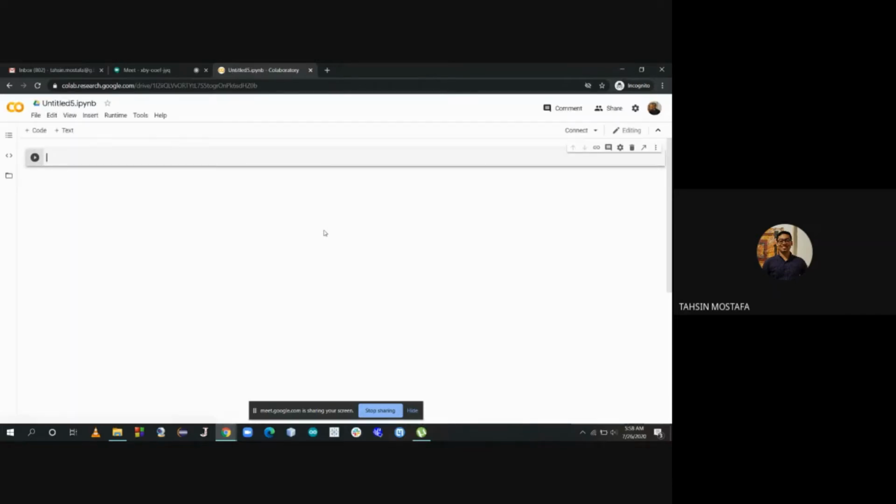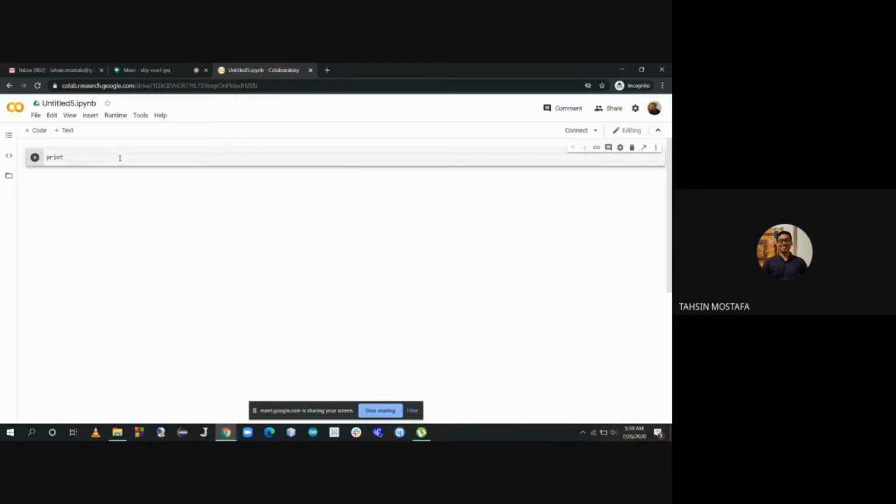Now, the Jupyter Notebook is basically an interactive computational environment where you can write your Python code, write any kind of text to document or comment on your codes. You can even write LaTeX and plot graphs. So the first cell that you see in the interface is actually a code cell, and you can write any kind of Python code here.